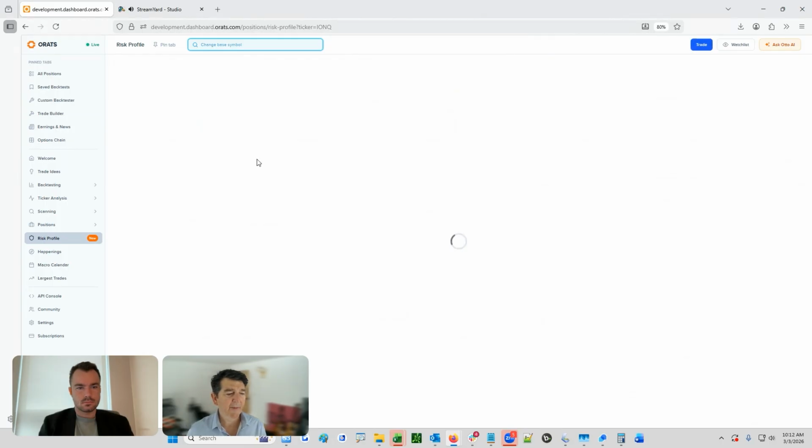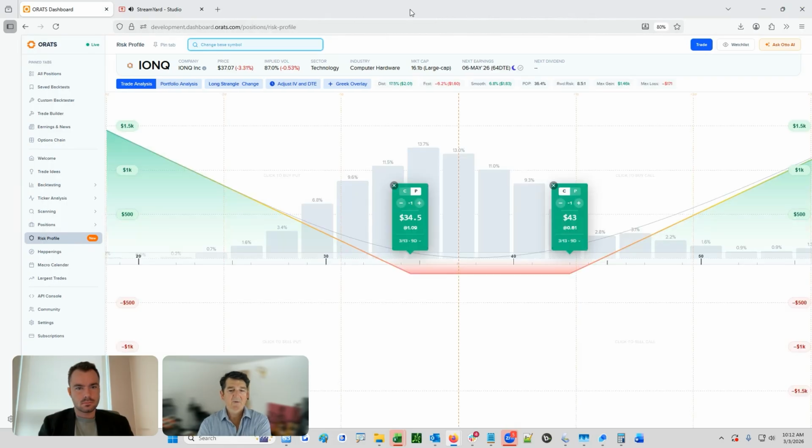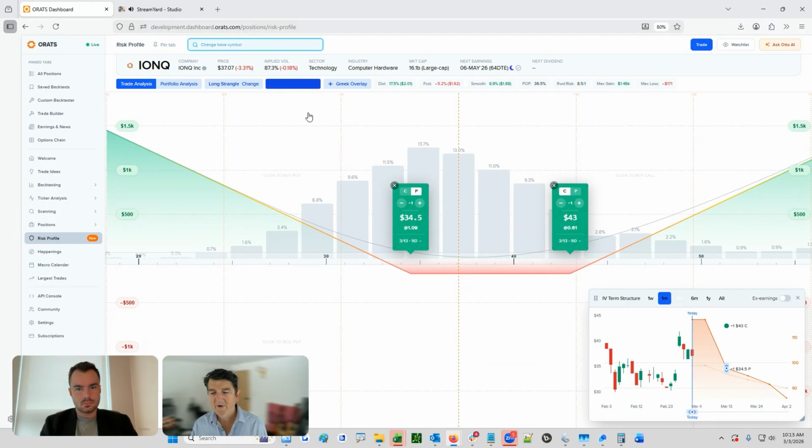And so the risk profile page is a new page that we have that shows the trade in a lot more detail. So we could see, okay, well, we have 10 days on this trade, expire, or 9 days, and we could see where the break-even points are and where the stock is now. So it doesn't have as much detail as we did before, but we do have a graph